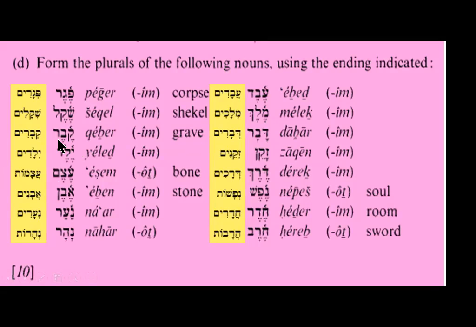Okay, the word for grave is kever. And so the plural would be what? Keverim. Yeled would be yeladim. Okay, and so again, we go to the schwa in the front. And so instead of the segol, the eh sound, it becomes a short sound like in the. So yeladim. Anyway. Okay, the word for bone is etzem, plural, with an ot, is going to be